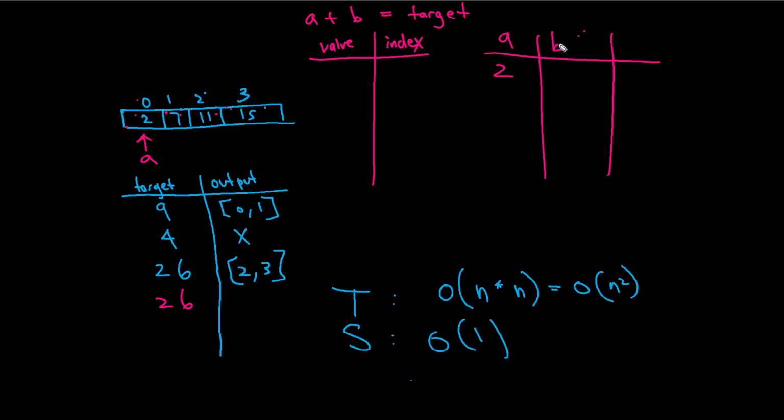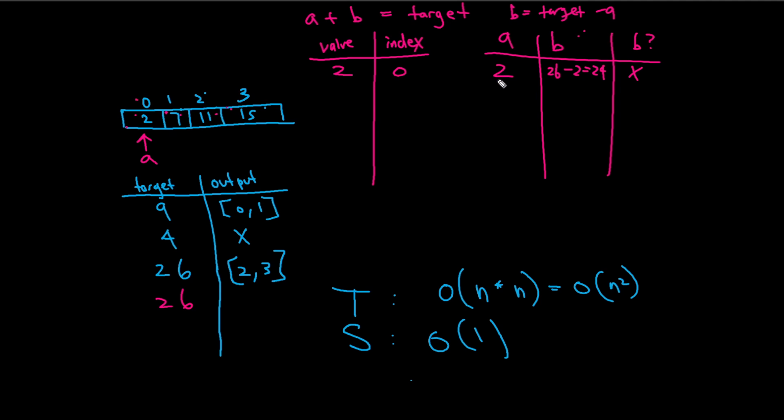So what does B equal? Well, B equals target minus A, which equals 26 minus 2, which equals 24. And we check, does 24 exist inside of our map? And no, 24 does not exist in our map,